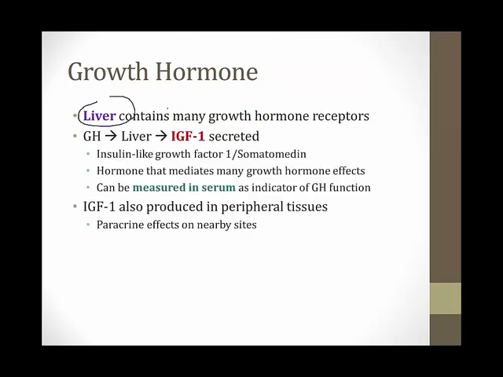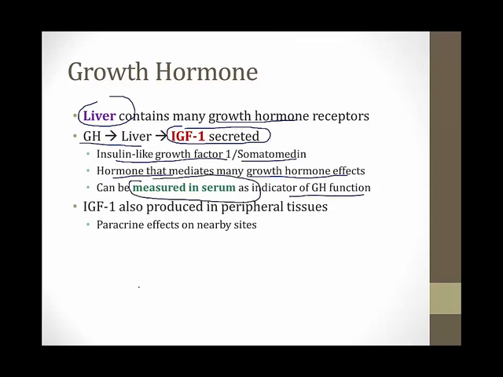The liver contains many growth hormone receptors. When growth hormone goes to the liver and binds its receptors, it stimulates the release of another hormone called IGF-1. IGF-1 stands for insulin-like growth factor 1. It's also called somatomedin, and it's a hormone that's released into the blood by the liver that mediates many of growth hormone's effects. And this is important clinically because you can measure the serum level of IGF-1 as an indicator